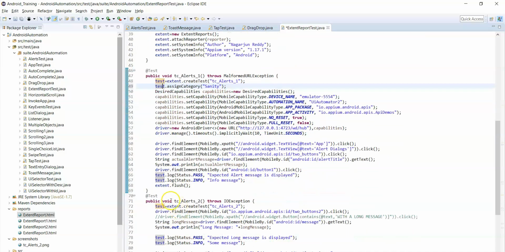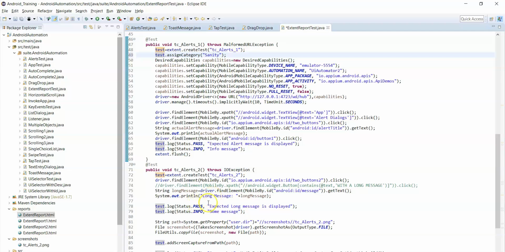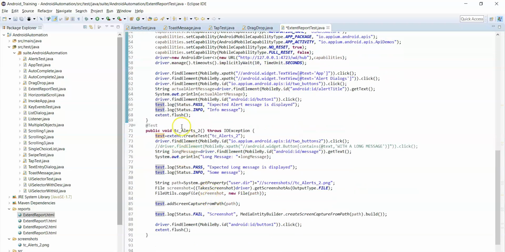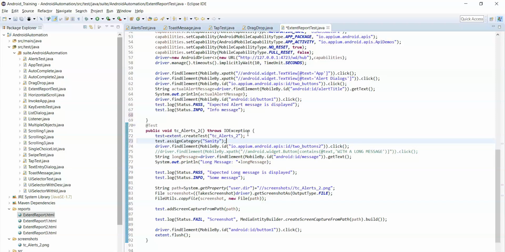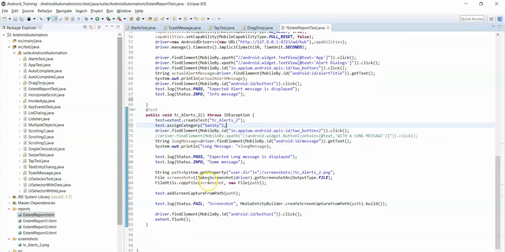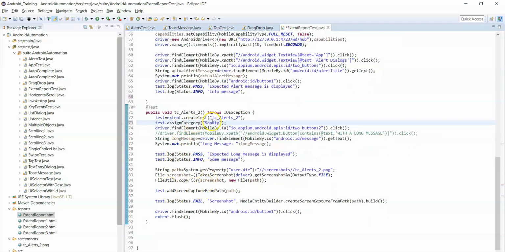Now assign category for the second test case also sanity. Now let's create 3 more test cases.